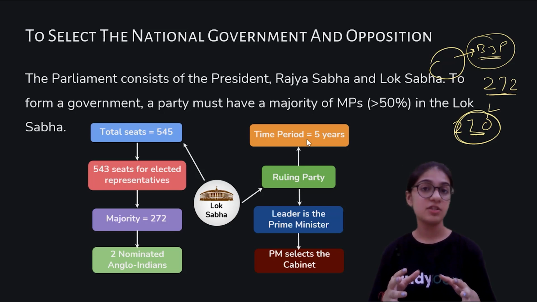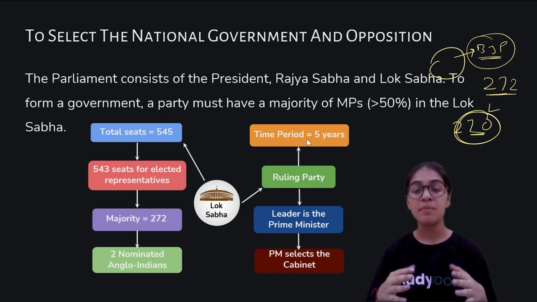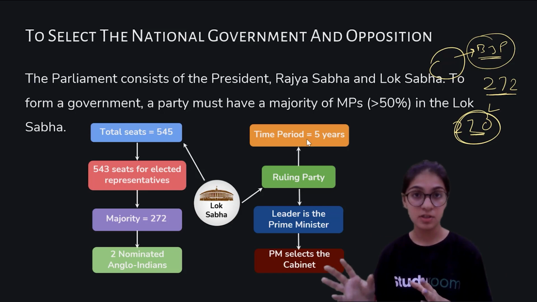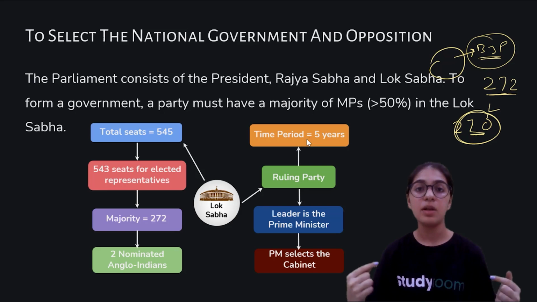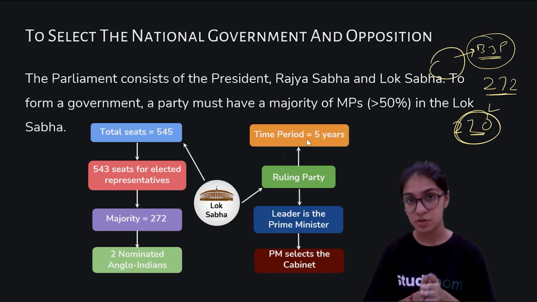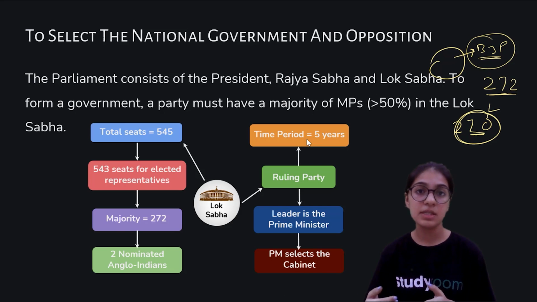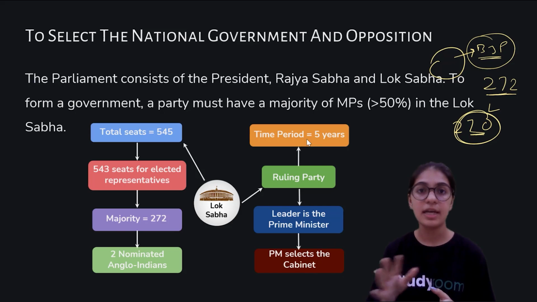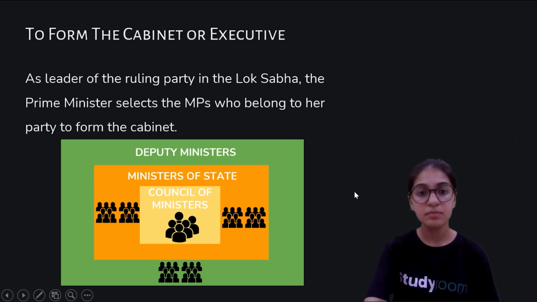So in case the Bharatiya Janata Party wins with 272 elected representatives, now they become the ruling party. And after they have become the ruling party, all those MPs that belong to the Bharatiya Janata Party will, by common consensus, make the Prime Minister. Amongst all the MPs that belong to the party, they will decide by general agreement and make a Prime Minister. Now after that, the Prime Minister elects the other ministers, Finance Minister, Health Minister and other cabinets, which we will understand in the next slide.